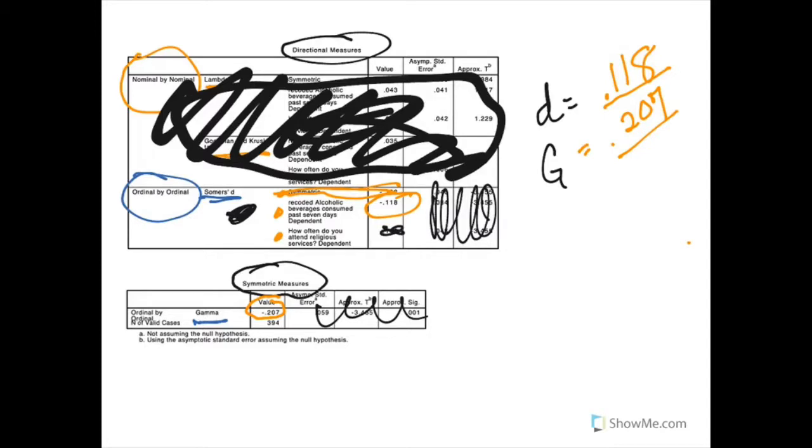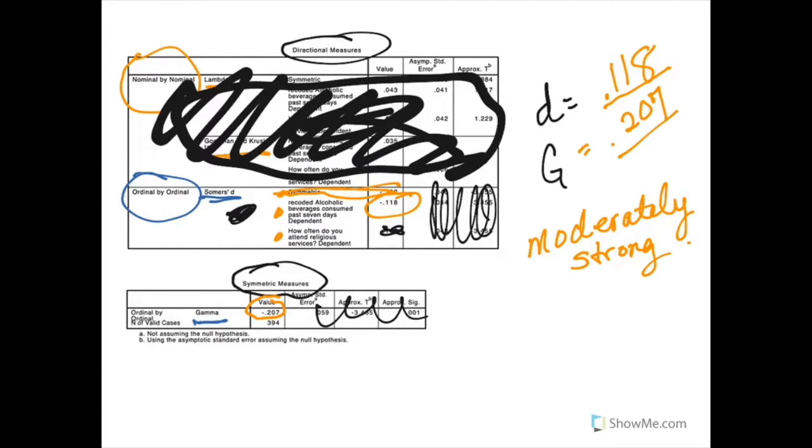Is that moderate? Or is that strong? Well, Somers D is saying it's moderate, Gamma is saying it's strong, so I would probably say it's moderately strong. Again, this is not rocket science here, so it just has to be a reasonable interpretation based on the numbers. And remember, one always over-reports and one always under-reports. In this case, Gamma always over-reports and Somers D under-reports. So we report both. So I have a moderately strong,